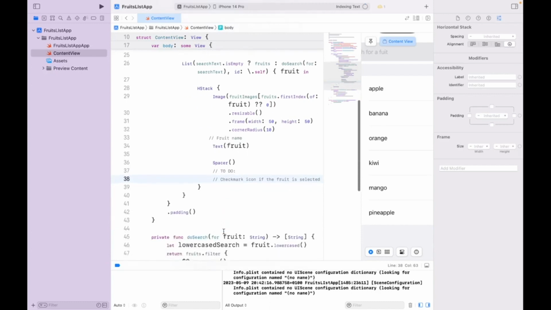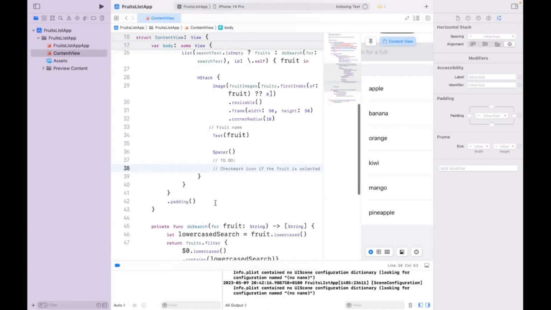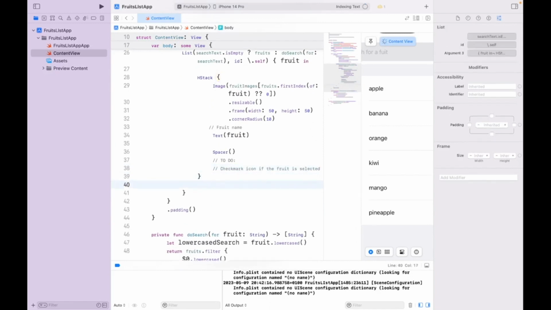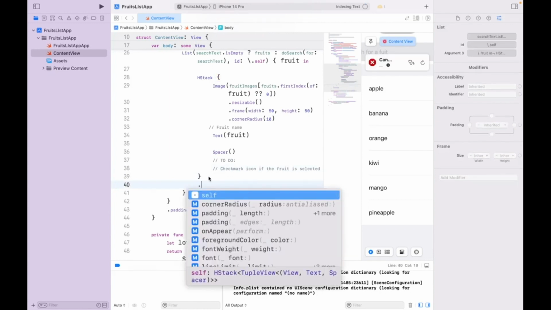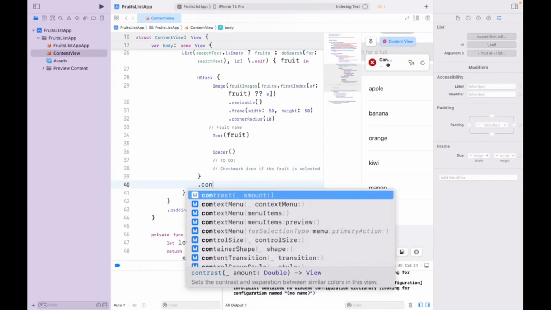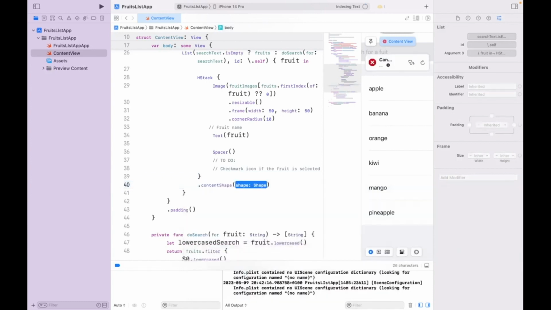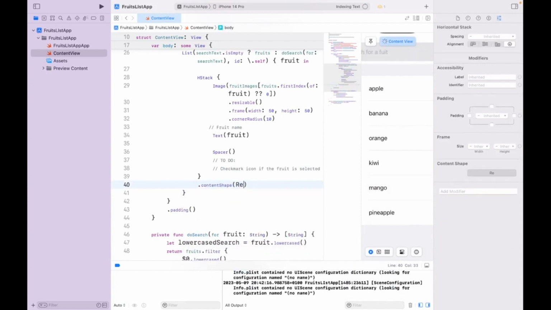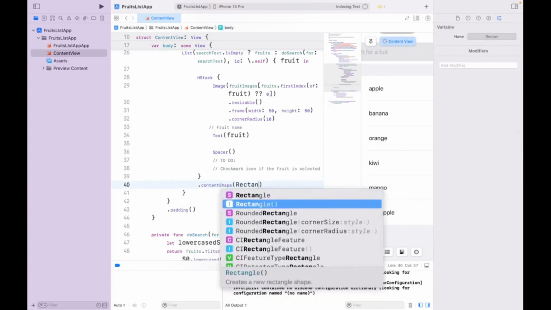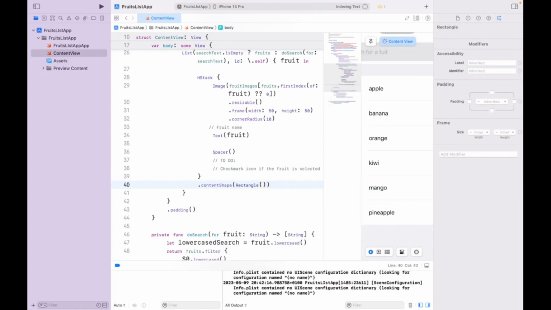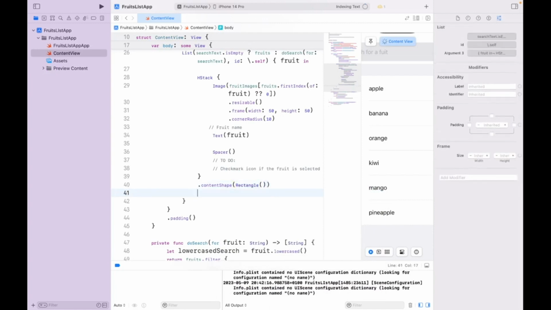And then let's type in dot content shape, the rectangle, and type in another comment, to do,